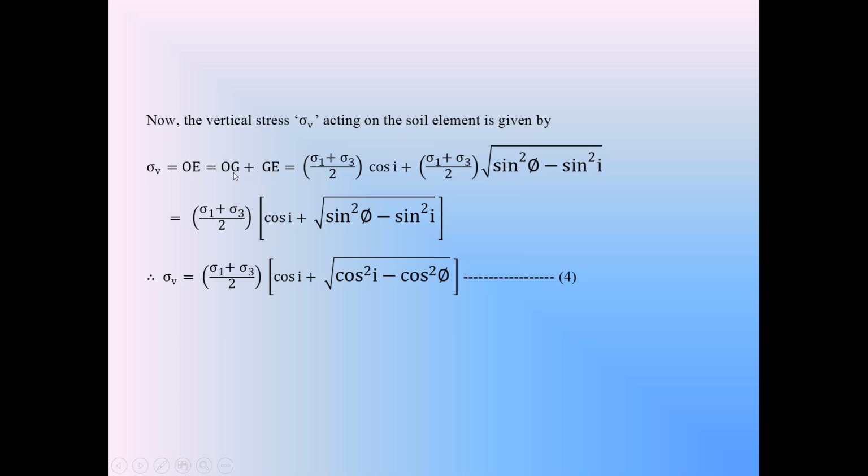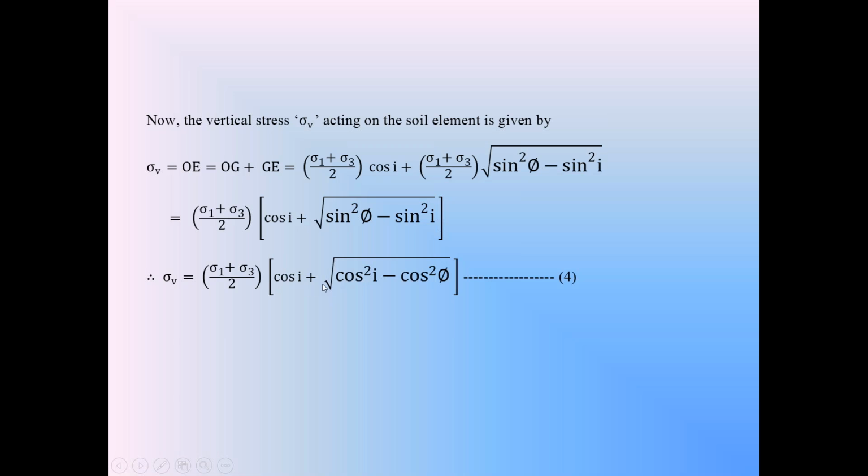You know this OZ, in the previous calculation we calculated that length OZ. OZ is equal to (sigma 1 plus sigma 3)/2 into cos I. And just now we calculated this length GE. GE is equal to (sigma 1 plus sigma 3)/2 into square root of sin square phi minus sin square I. So take on the right side (sigma 1 plus sigma 3)/2 common. So this equation becomes the vertical stress sigma V is equal to (sigma 1 plus sigma 3)/2